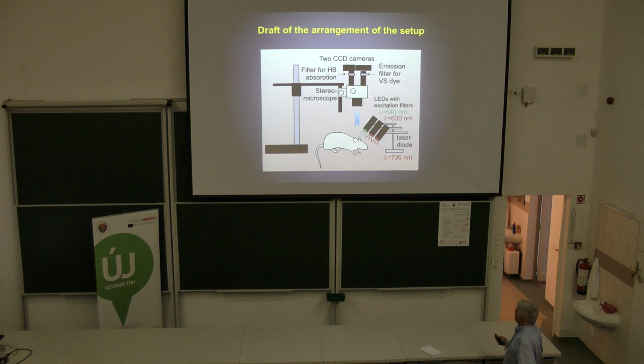And this optical system involves laser diodes with different wavelengths. As I told you, the different wavelengths have different penetration depth and also different absorption properties, because in the brain, the absorbing and reflecting components are the